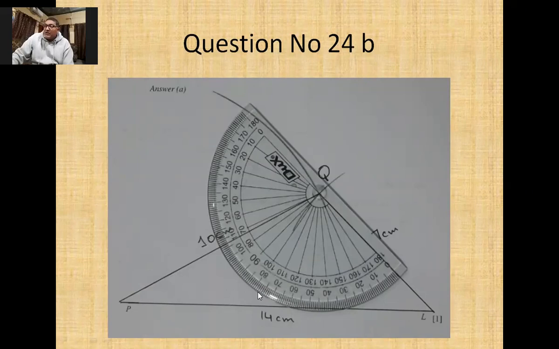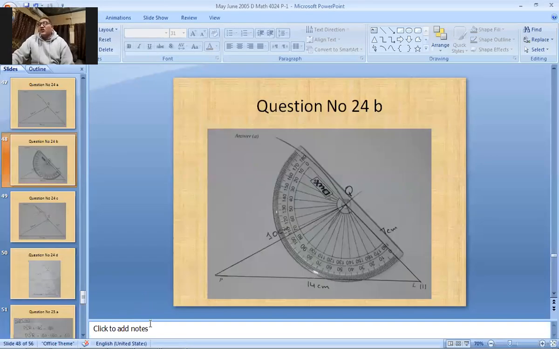From here, I will count, and it will be something like this: 10, 20, 30, 40, 50, 60, 70, 80, 90, 100, 105, and 107. So the angle is something like 107. So this is question number 24, part B. This is how you will